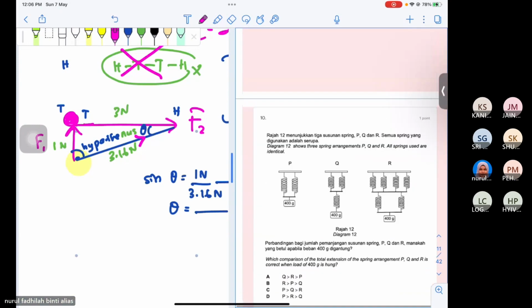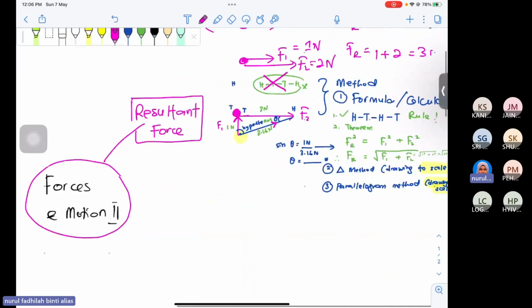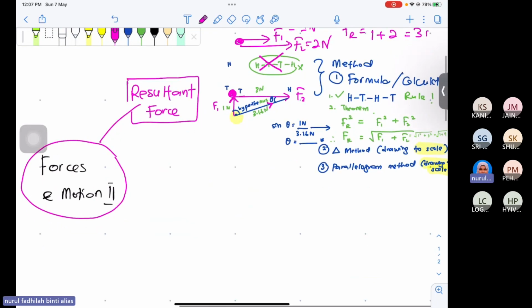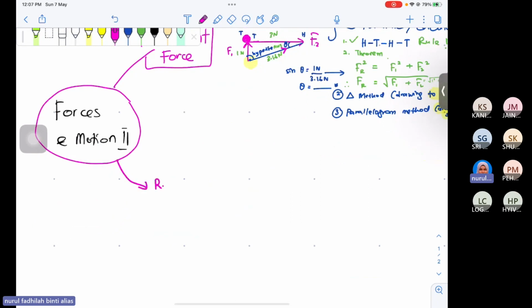Faham, teacher. Alright. So kita dah habis tentang resultant force. So bila kita dah faham resultant force, you can calculate anything about resultant force. Okay. Sekarang lepas kita dah tahu resultant force, nanti kita boleh selesaikan a few example question. Okay, jadi then kita nak tengok subtopik yang seterusnya, which is resolution of forces. You kena tahu tentang resolution of forces. Dah belajar kan ni? Jadi bila tengok resolution of forces,